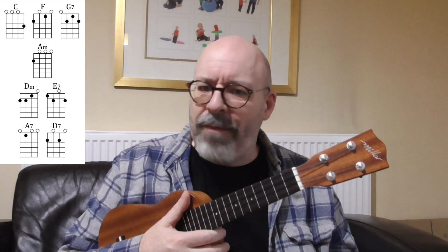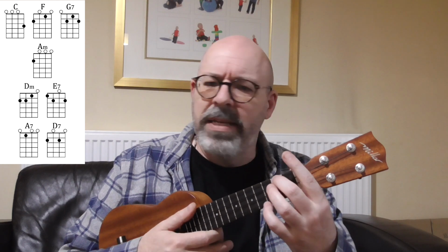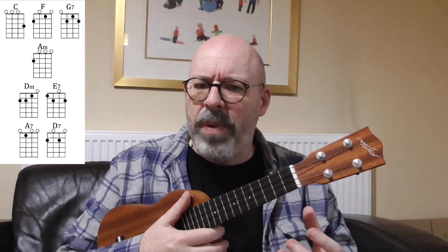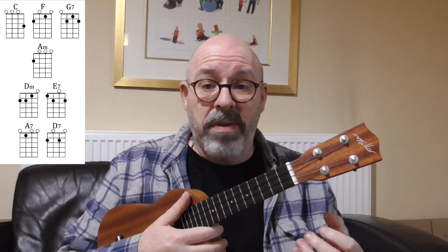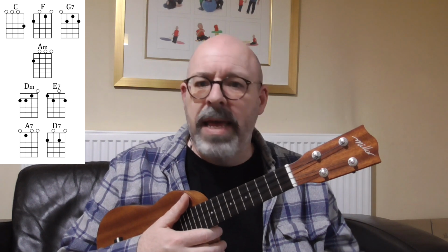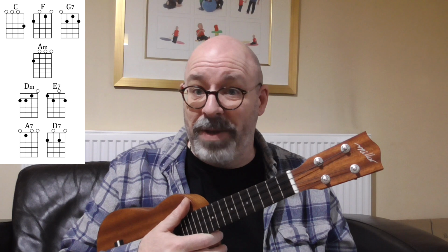Well, we're playing everything here in the key of C, or in the key of A minor in the case of the A minor, D minor, E7 pattern. And that means that everything we play is going to sound kind of samey. It might also be that C isn't a great key for you to sing in, or one day somebody might say, let's play such and such a song, I don't know, let's play Louie Louie by the Kingsmen, 3-chord song,